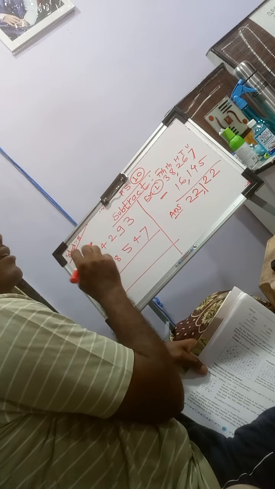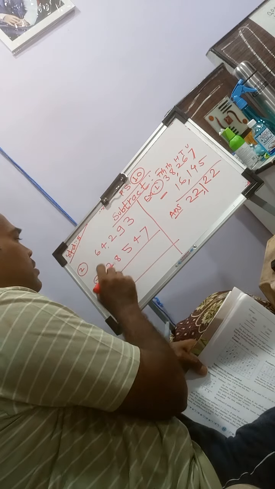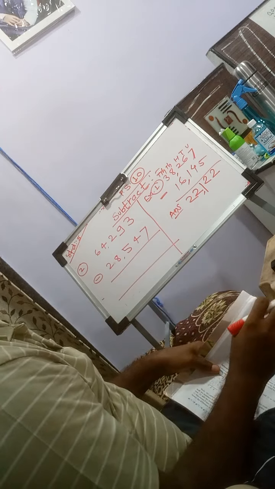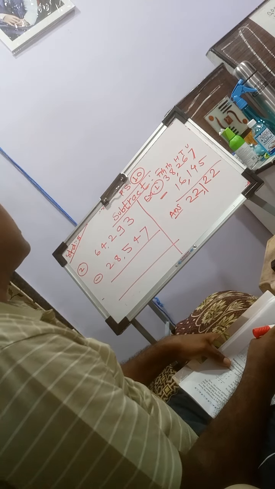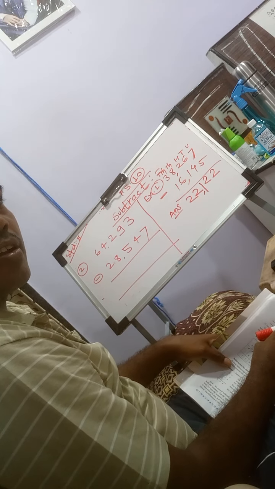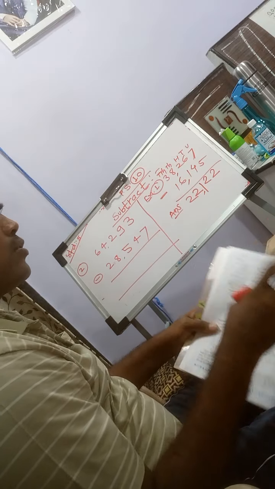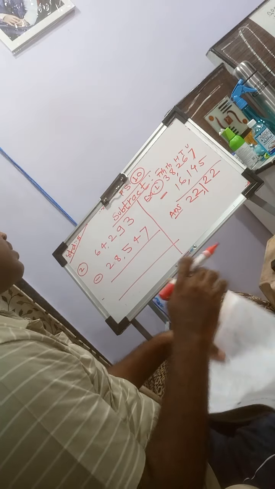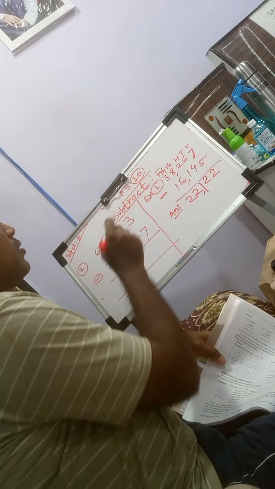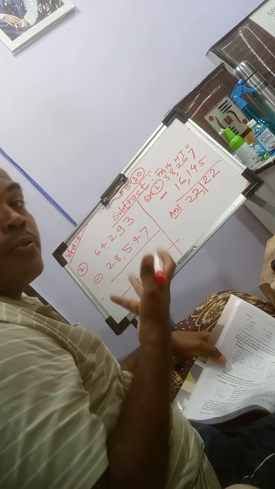If you see, the first number is bigger, 64,293. The second number is 28,547. It is a smaller number. So always the subtraction will be done from the bigger number; the smaller number will be subtracted from the bigger number. Likewise only you will get the addition in this problem set. Now 3 is there and 7 is there. Now 3 is a smaller number but 7 is a bigger number. So how will you solve this?